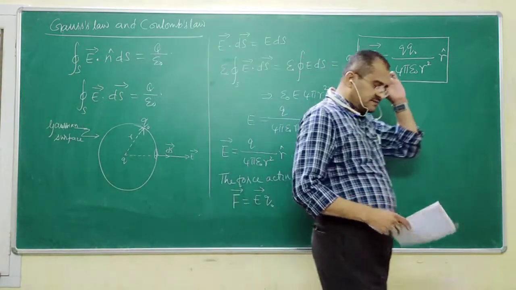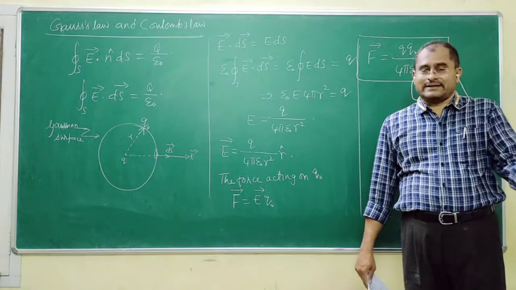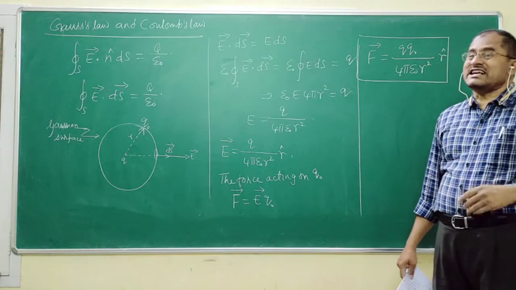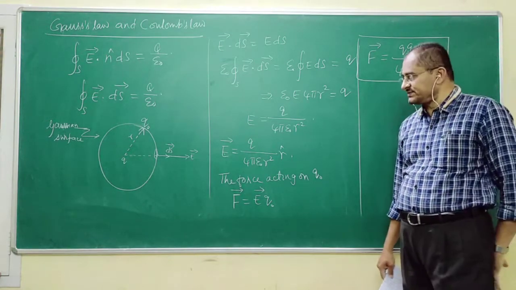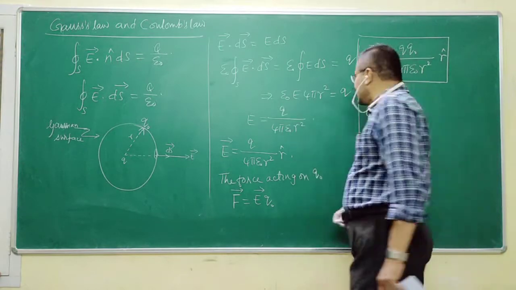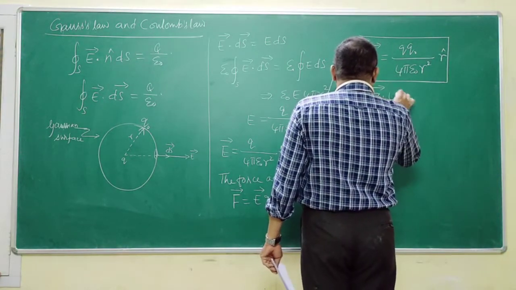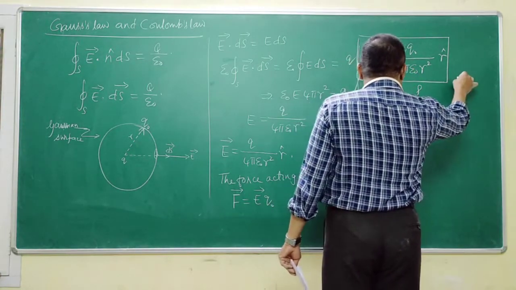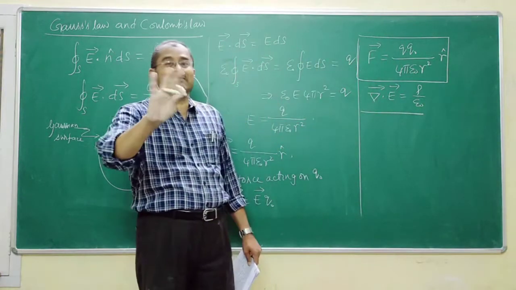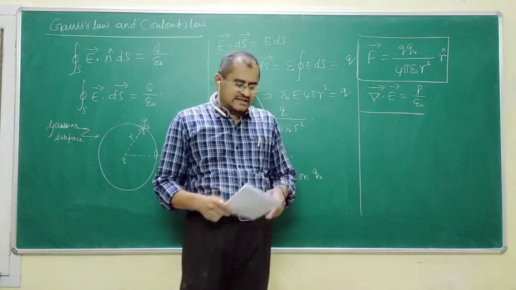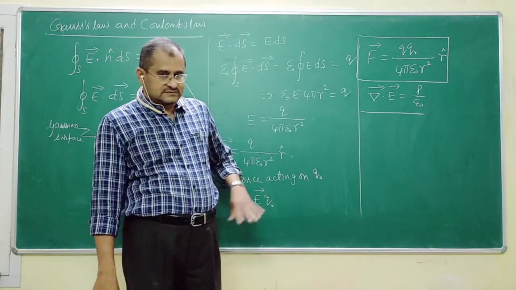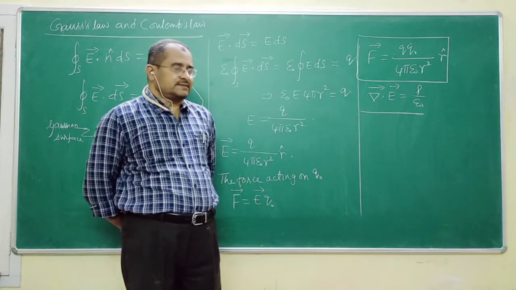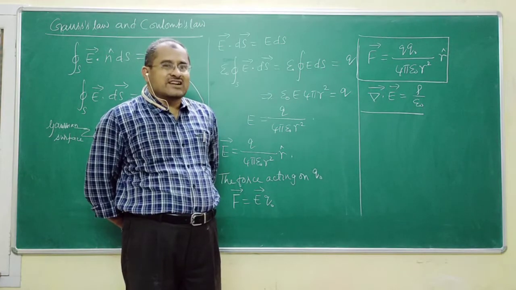In the equations of electromagnetic theory, in unit number 5, you will study Maxwell's equations. There are 4 equations. There, Gauss's law, del vector dot E vector is equal to rho by epsilon naught, is there. But Coulomb's law is not there in Maxwell's equations or equations of electromagnetic theory. If you have not understood, in the list of Maxwell's equations, Coulomb's law is not there.